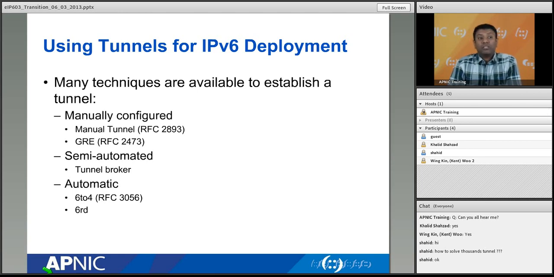Then we'll discuss the semi-automated tunnel. What is a semi-automated tunnel? In a semi-automated tunnel, we configure our side of the tunnel, and if you notice carefully, the tunnel source is my router, and the tunnel destination is the tunnel broker's router, right? So when the tunnel broker router is the destination, through that tunnel my v6 packet can go across the tunnel broker and to the other side of the network, right? In my tunnel configuration, I haven't specified the other side of the network as the tunnel destination. I specified the tunnel broker side as the tunnel destination.